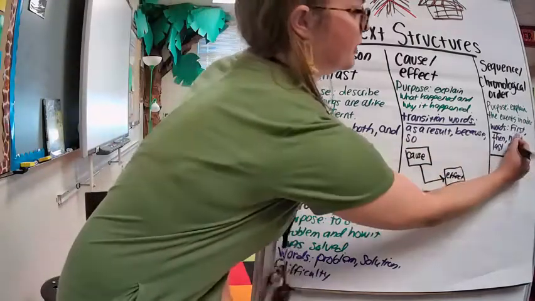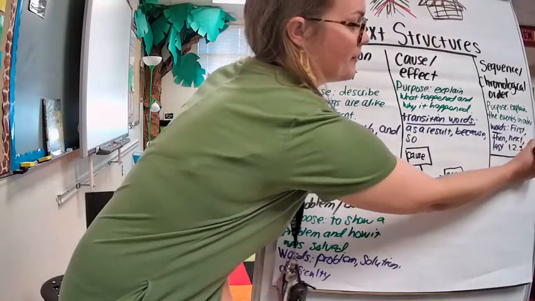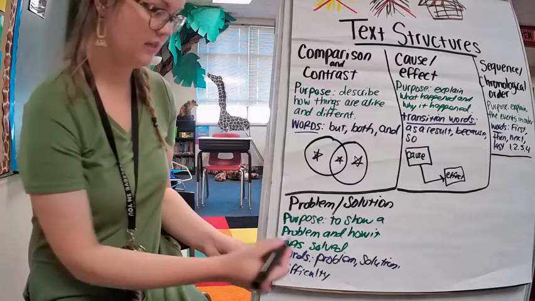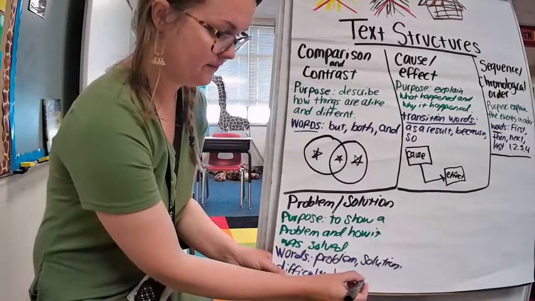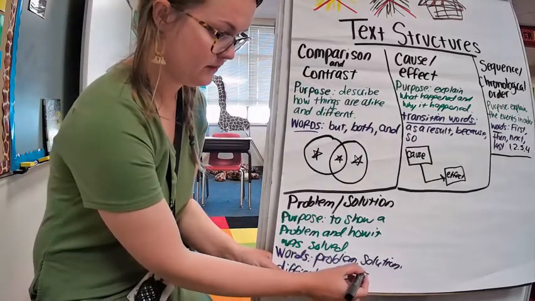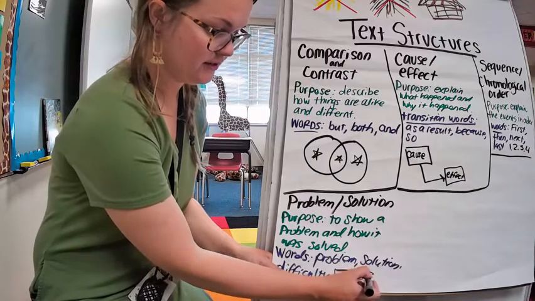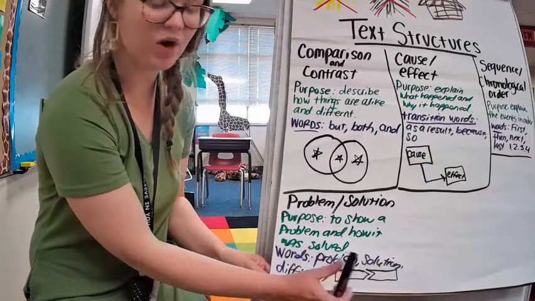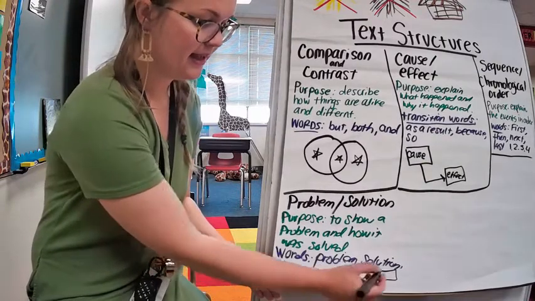I'm just going to put 1, 2, 3, 4. Literally the events go in time order or sequence, okay? And then for problem solution, you got a problem, and it leads to your solution. When you're reading, if it tells you about something that went wrong, here's my problem, and then it tells